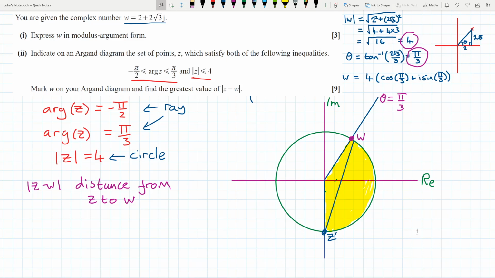So there's a little bit of stuff left to do here. I've got to think about what I'm going to do. But actually, it's never a problem for you to just go and start using some coordinate geometry. So if I was thinking of this as a coordinate, W would have the coordinate 2, root 3, and Z would have the coordinate 0, minus 4. So really, I want to find the distance from 2, root 3 to 0, minus 4. So the greatest value of Z minus W is going to be